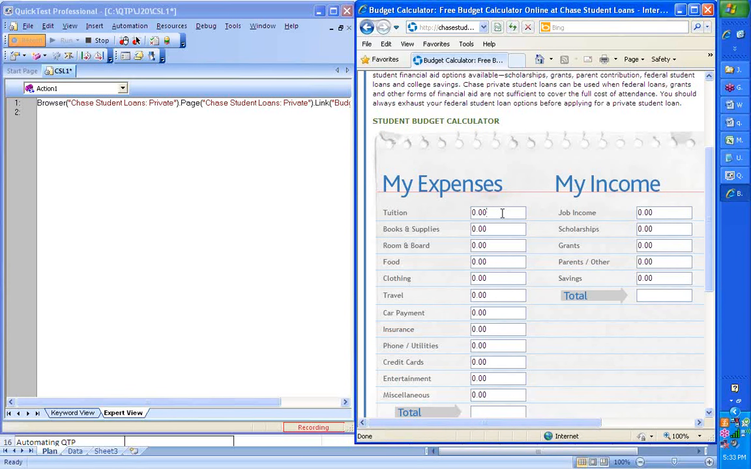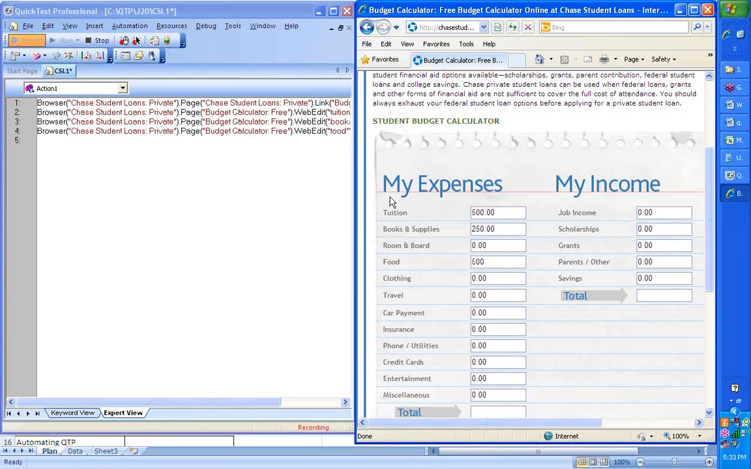So let's go ahead and enter a tuition out here. As I'm entering tuition, do you see anything appearing here? No, but as soon as I hit a tab, you will see another line of code getting entered. And let's go ahead and enter books and supplies. Let's enter some food, some clothing. I'm just taking sample data. I'm not really entering data which I want to test, just to see how QTP